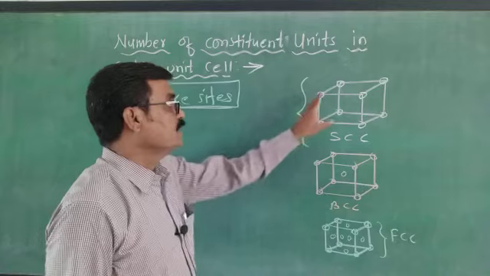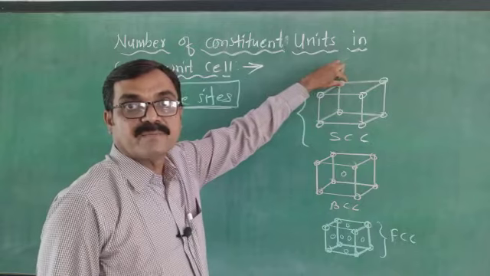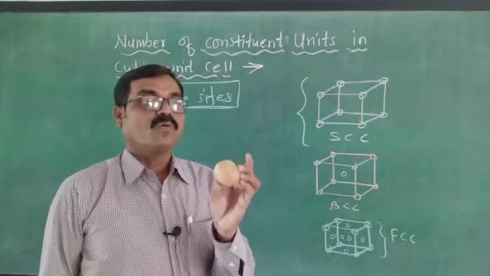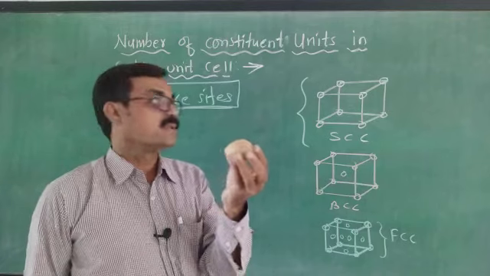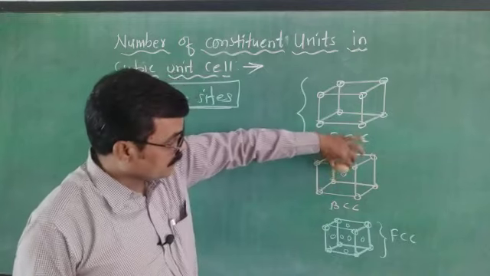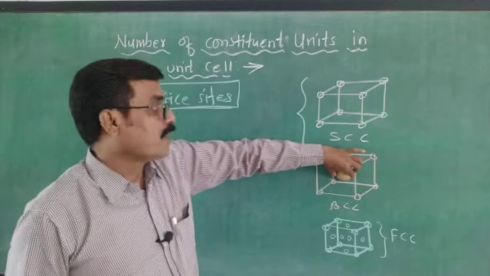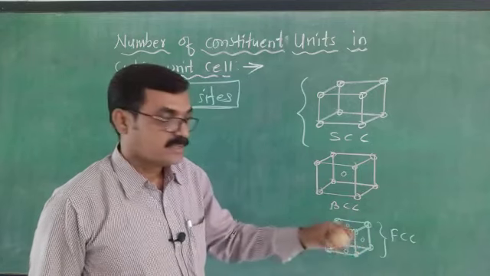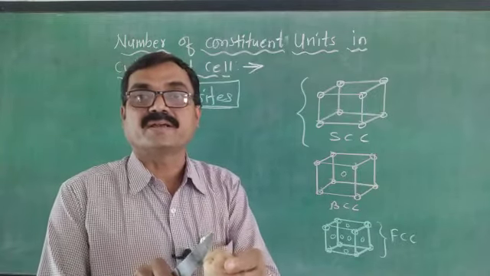No doubt the 8 atoms are present at the 8 corners, but which part of that atom or ion is there? Now let me consider this is spherical in shape. This atom or ion may be present at the center here. Since it is spherical, it is only present at the center in a 3-dimensional space. Again, at the center of a face this sphere is not fully present.